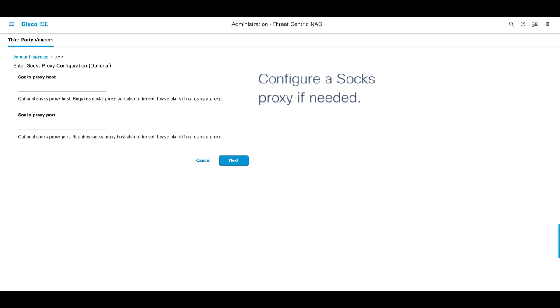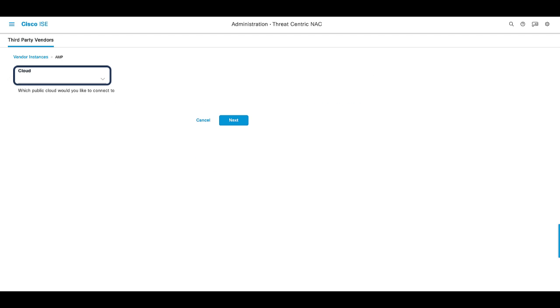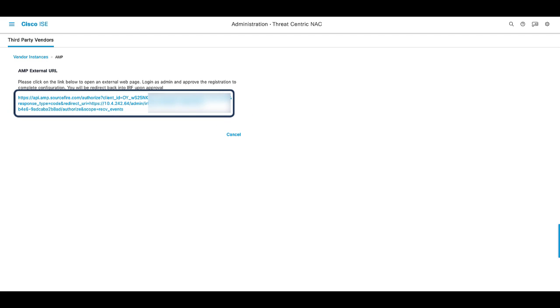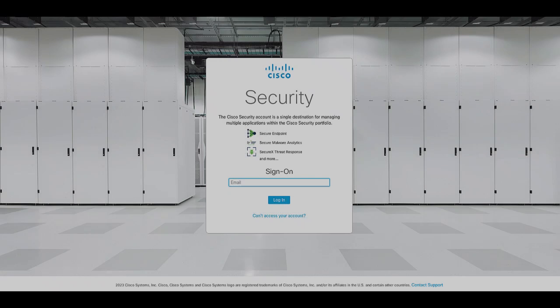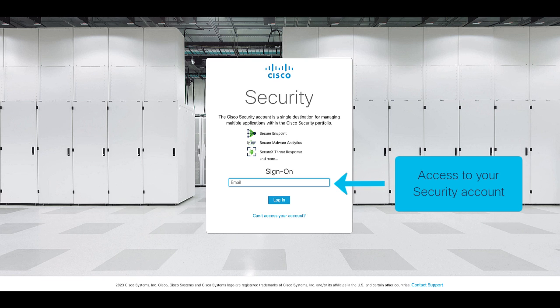Then you might need to configure a proxy in case the implementation needs one. After this, you need to select the cloud where you are going to connect your instance. For this example, we connect to the US cloud. Then, the ISE returns with a URL that you need to go through to complete the registration, as you can see here. Log in with your AMP credentials in order to add the adapter within your AMP implementation,